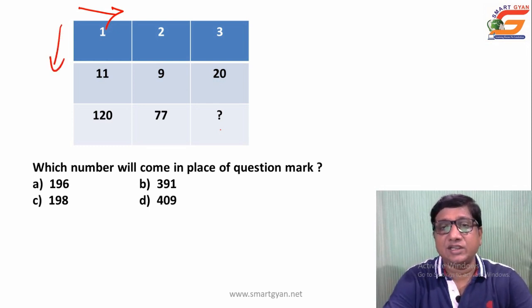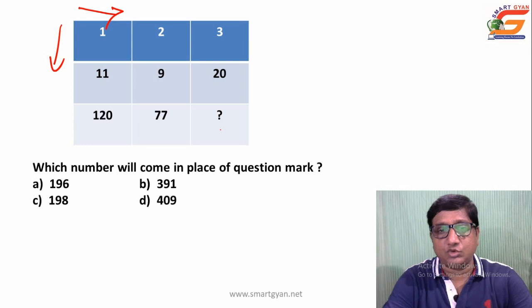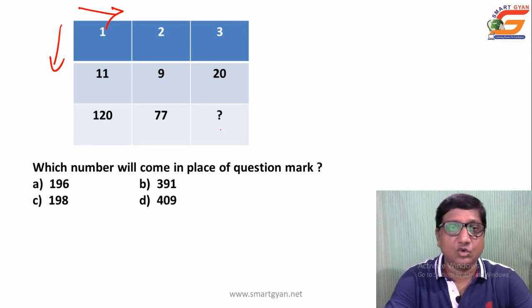Two ways generally for this type of questions, when it is given in the form of square or rectangle, the relationship among different numerals given may be either row wise or column wise. Why? Because if they move diagonally, then these in between figures 2, 11, 20 and 77 will be out of the system. So for this type of questions mostly the relationship is either row wise or column wise. So accordingly you have to check.